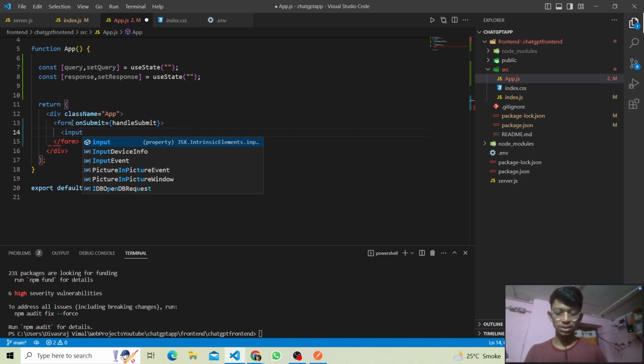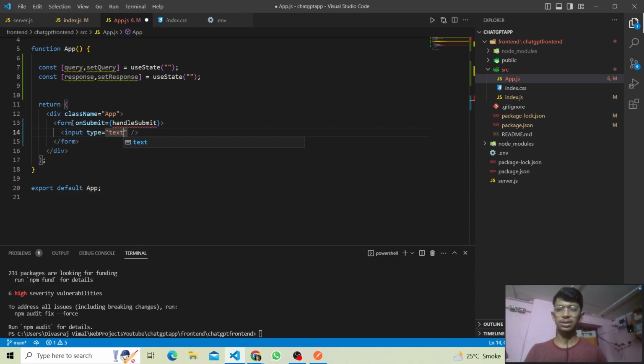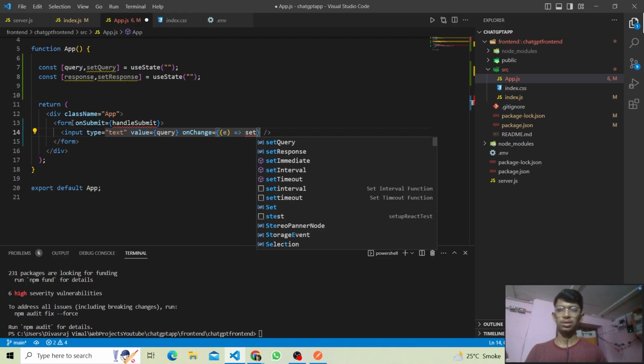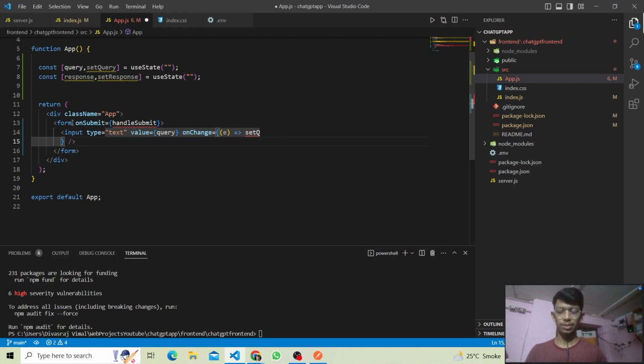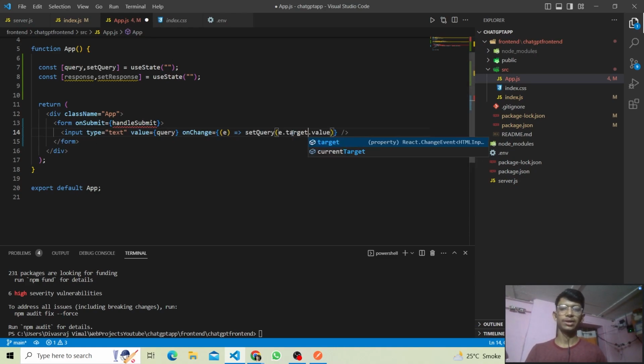So let's first create the basic structure. Type will be text, value will be query, onChange will be the event e, and we will set query. What is happening? setQuery(e.target.value). So first of all,